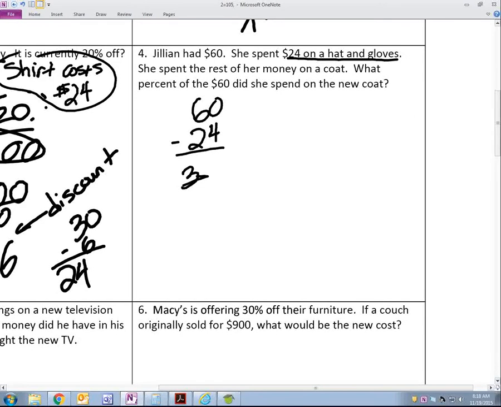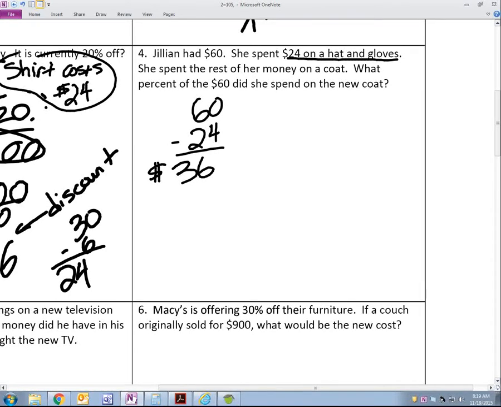Oh, yeah. 36. $36. $36 is what? What is 36 right now? Step back a little bit. The price of the coat. Very good. So price of the coat. So now we're wondering what